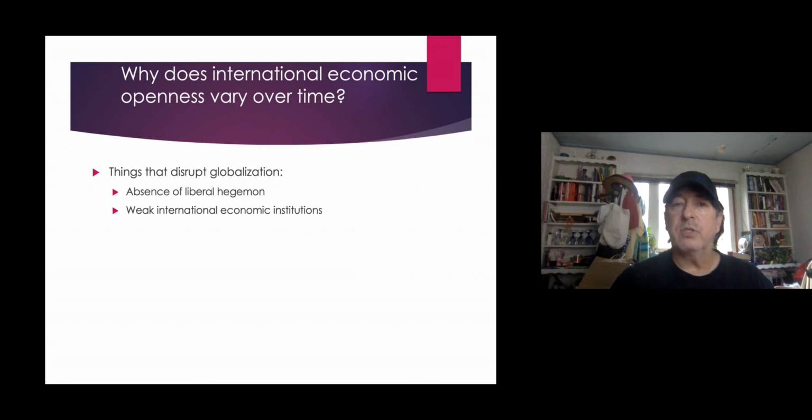International economic institutions: one of the differences between the two periods is that there were fewer international organizations or institutions under British globalization. Under U.S. globalization, there were stronger institutions. I'm talking about things like the World Trade Organization, the International Monetary Fund, the World Bank, the European Union. There were strong global multilateral institutions that set the rules of the international economic order and promoted globalization actively.